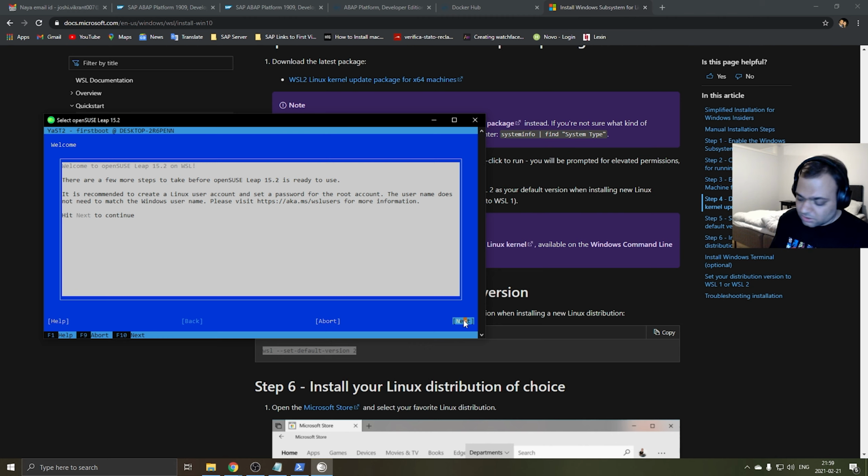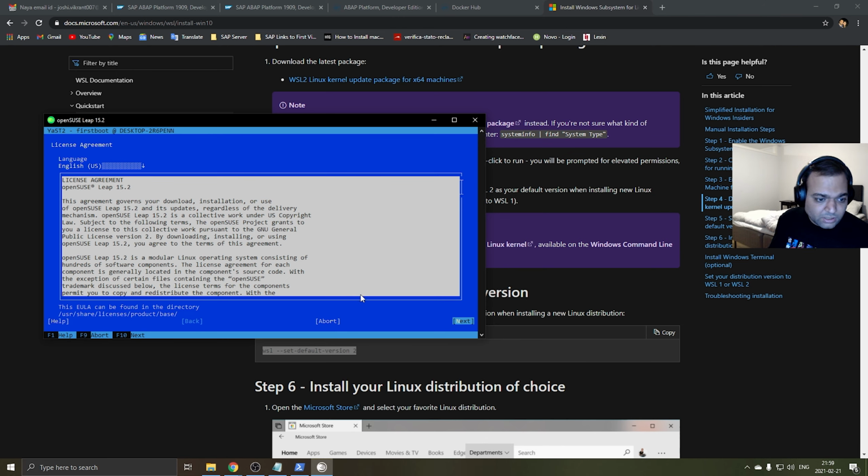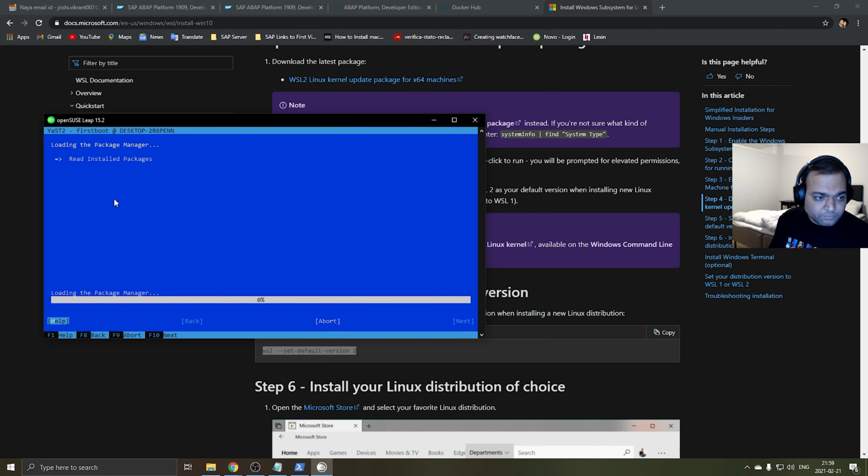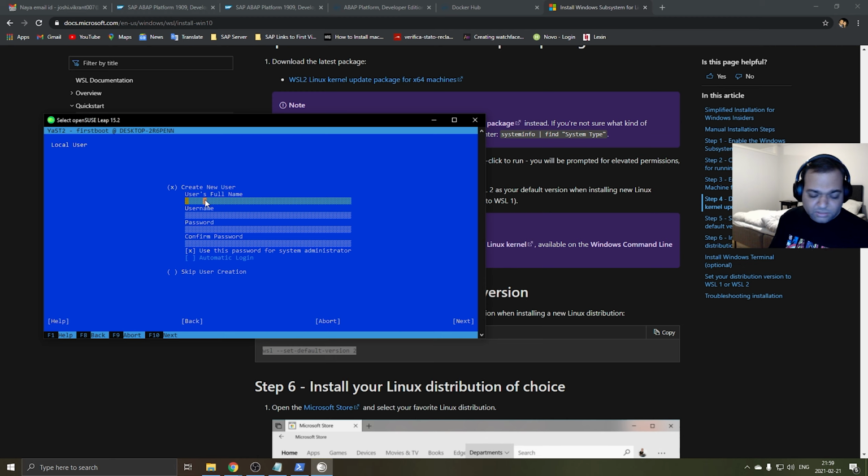So I have to click on next, enter, accept the license agreement. Yes, it is asking me for a new username.